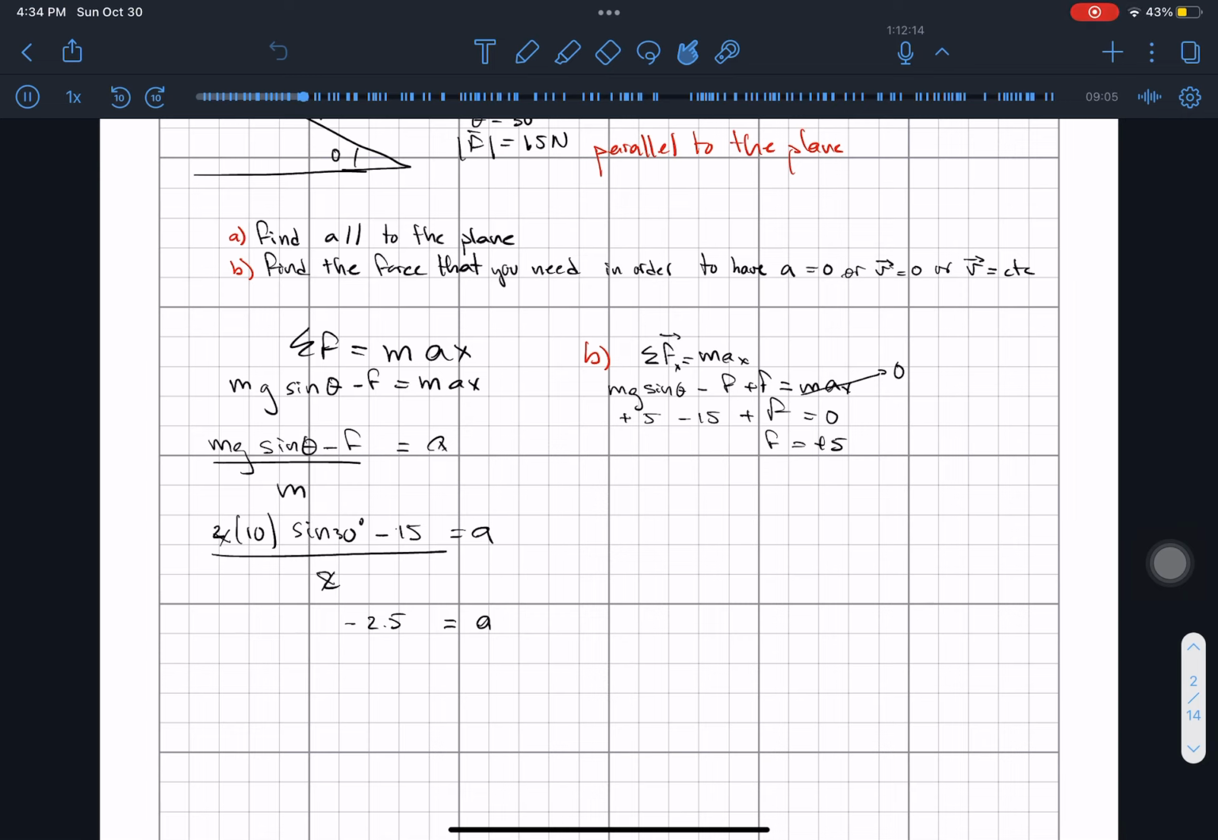Okay, now for example 3, or problem 3, let's write out